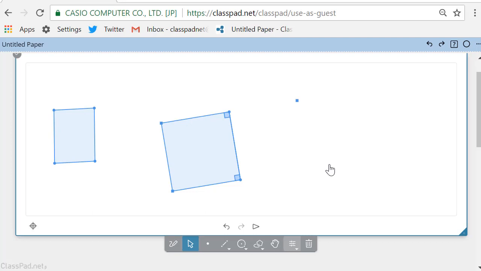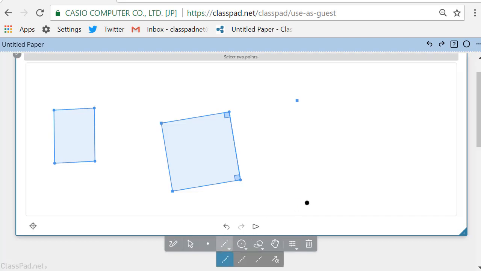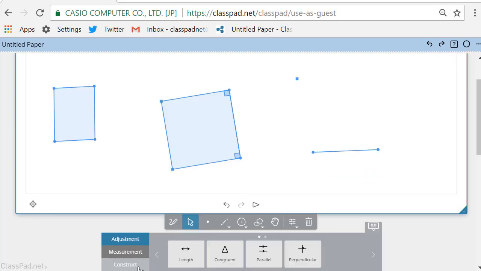Now I used a circle to make a square. I could have done it many other ways. Another way to do it is to think about transformations. So I could have started with a segment, and I want all my sides to be congruent to that segment, and I want all of them to have perpendiculars at their angles. So what I could then do is think about my transformation menu right here. Let's go here. I'm going to use rotations. Okay, so I want to rotate.